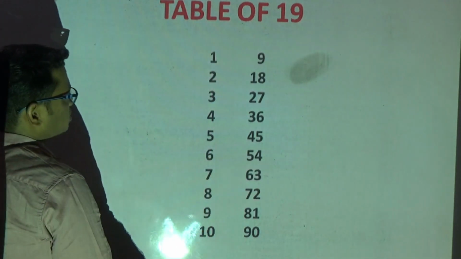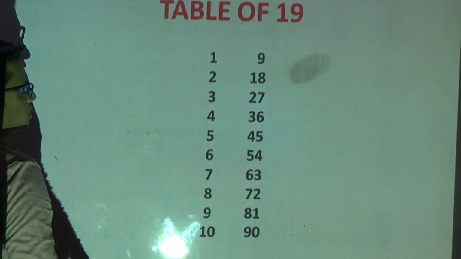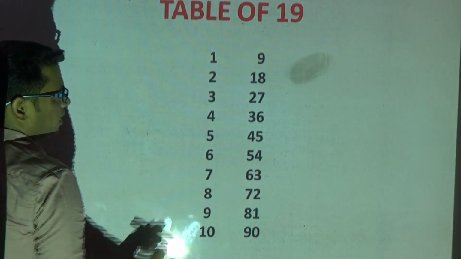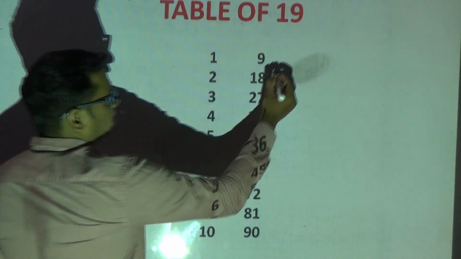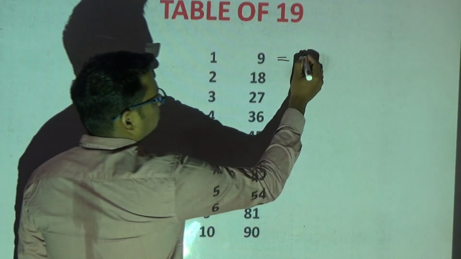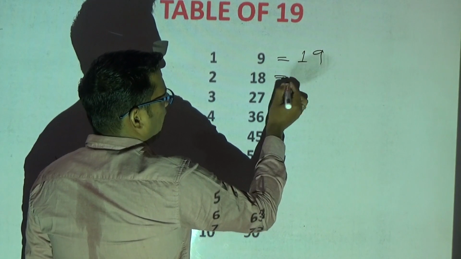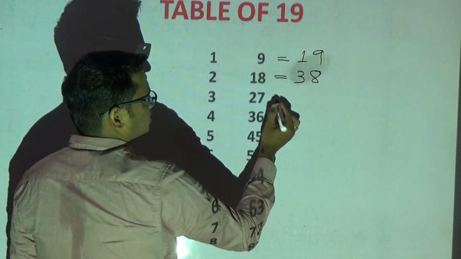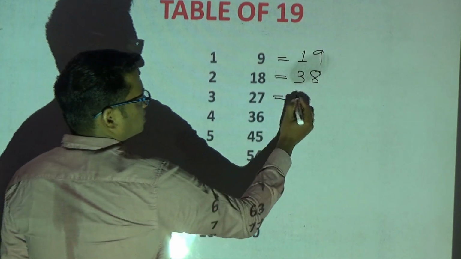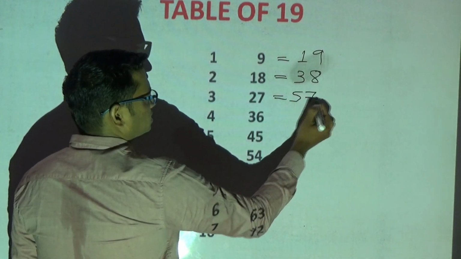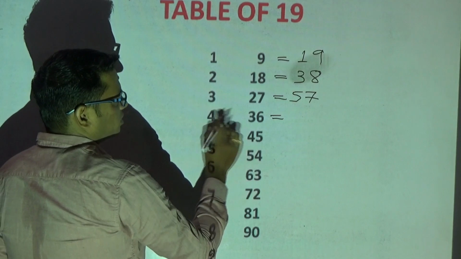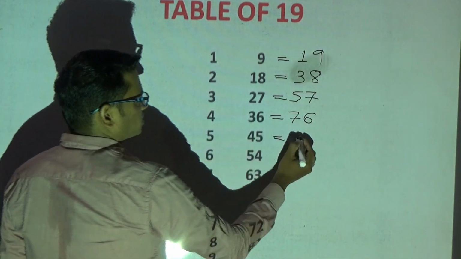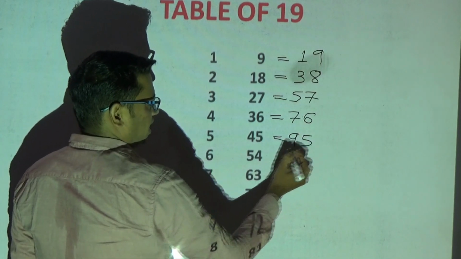Now I am going to construct the table of 19. See, construct the table of 1 and construct the table of 9. Now I am going to construct the table of 19. 19, write as it is. Add this 1 to 2, it will become 3. Write the end digit as it is. Add 3 and 2, it is 5. Write the end digit as it is. Add these two, 4 plus 3 is 7. Write the end digit as it is. 5 plus 4 is 9 and write the end digit as it is.